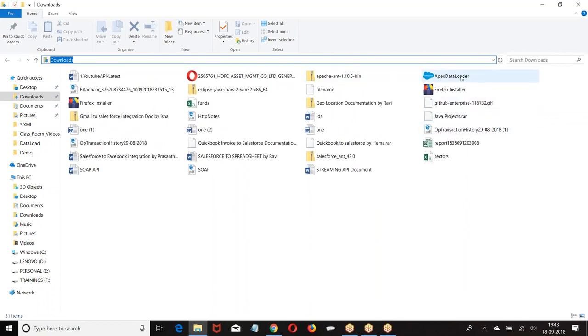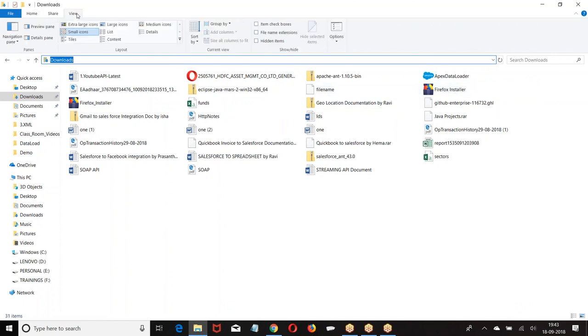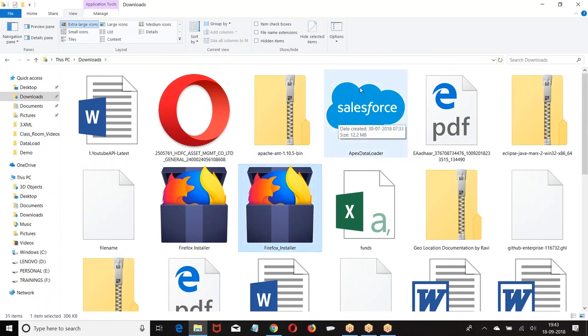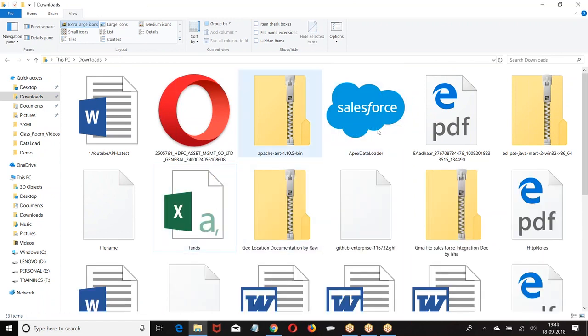You'll be finding Data Loader here. The moment I click on that, this file will be downloaded. What is this? Apex Data Loader. This is the file we are going to get.